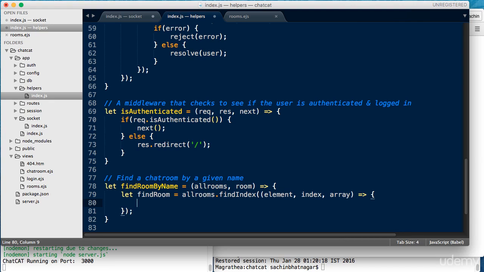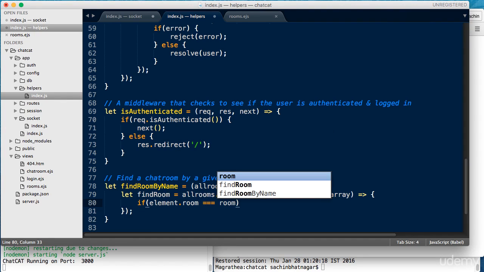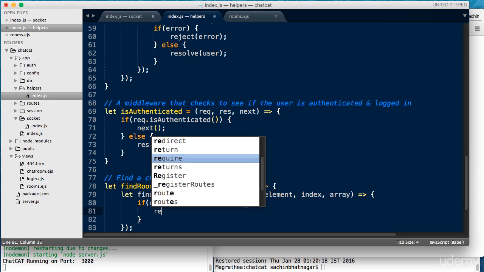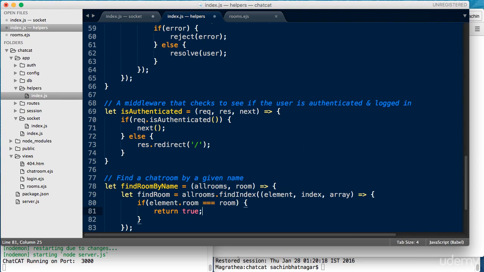So using an if statement, we'll access the element variable which will resolve to an object as the findIndex iterates through the array, and we'll access the room property which is where we are storing the title of the chat rooms. We then check to see if it matches the value of the room argument which we are passing into the findRoomByName helper function, and if it does match, we return a true or else we return a false.